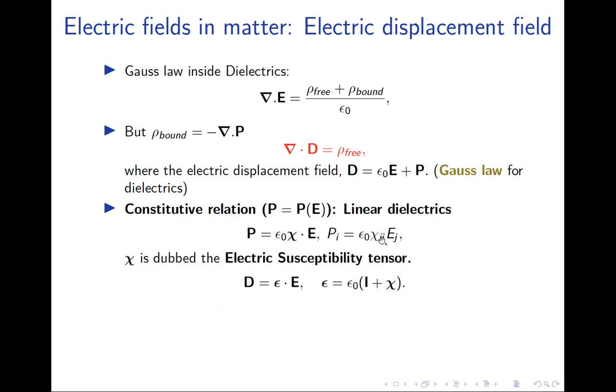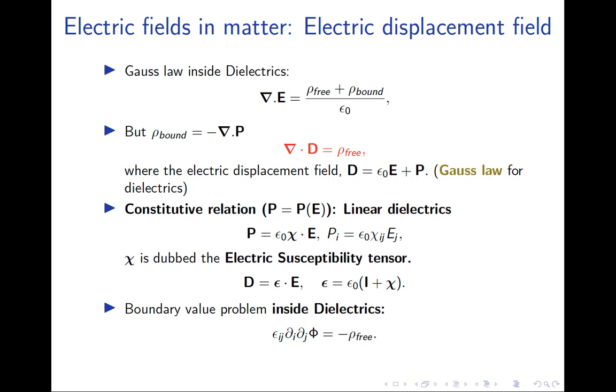So this chi ij, as I said, is sometimes called the electric susceptibility tensor. And if we feed this in this equation, we will have E, and we can take out everything other than E outside and lump it into a single term, which is known as the relative permittivity tensor. So, sorry, not relative, the permittivity tensor. The permittivity tensor of a linear dielectric is this epsilon naught constant, identity plus chi. Okay, identity plus chi. So one good thing about this is that we know curl of E is 0,